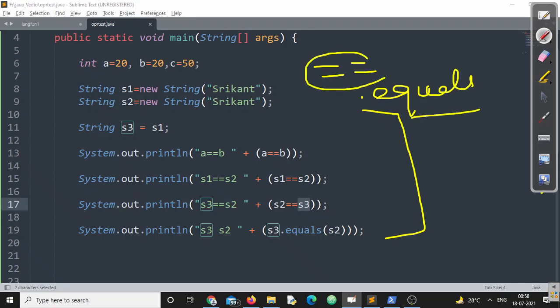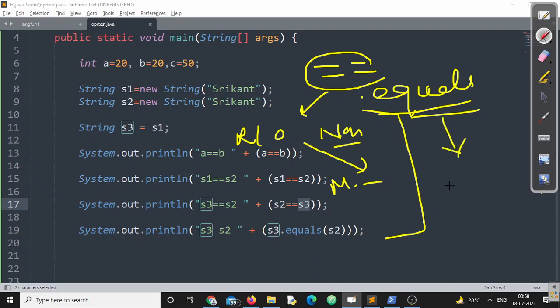Comparison operator, when operated on non-primitive data or reference variables or objects, they are compared on the basis of memory location they share, right? But dot equals will compare on the basis of value contained in the reference object, or value contained in the location where S1 and S2 are referring to, right?